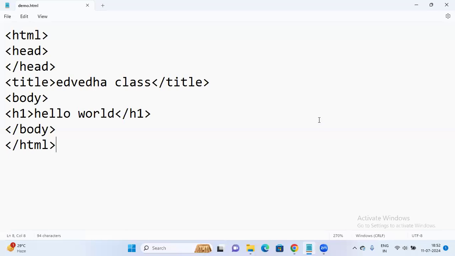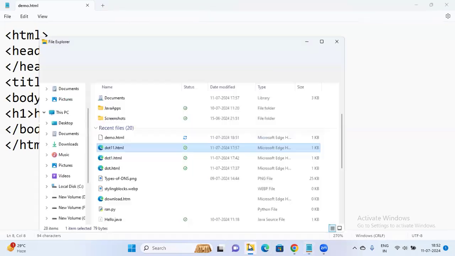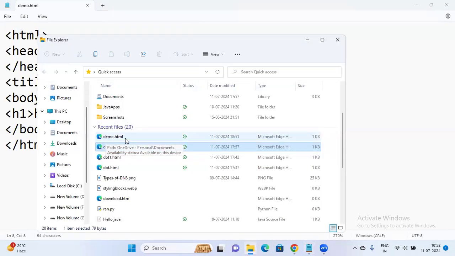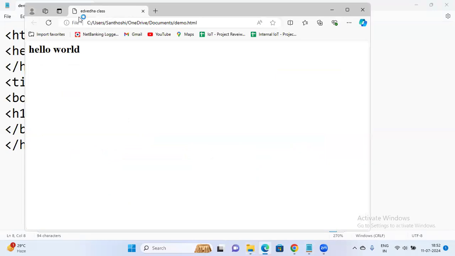So after you clicked on save, you directly clicked on open. Then let's see what happens here. Okay, let's go to files, and demo.html is already saved in my files. I'm just opening this. You can see the output is not in the console, the output is in the web page. You're getting my point? So HTML creates web pages. Got my point, everyone?